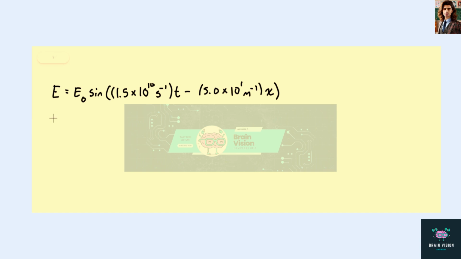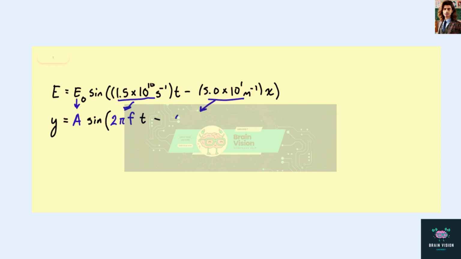So the first thing I'm going to do is go back and write out our equation for the standing wave on a vibrating string. You have an amplitude, which corresponds to this E naught here, the sine function, which is the oscillating function, which is what we want for strings that are oscillating back and forth, and for electromagnetic waves that are oscillating back and forth. This first term inside here is 2 pi times f, which is the frequency, multiplied by t, just like we have above. And our second term over here,